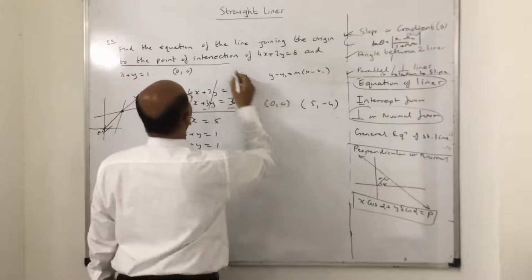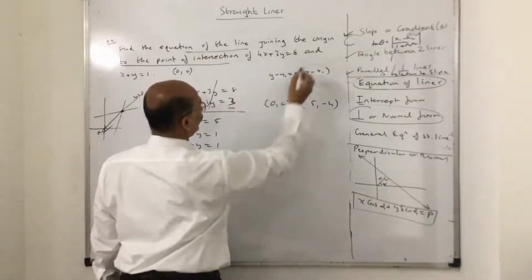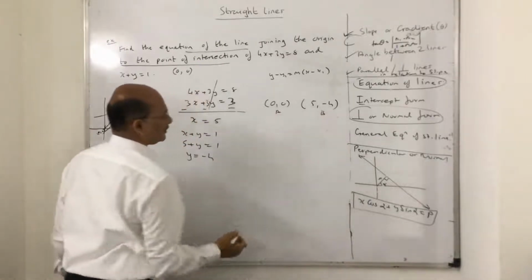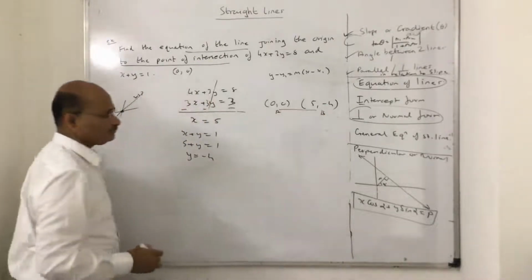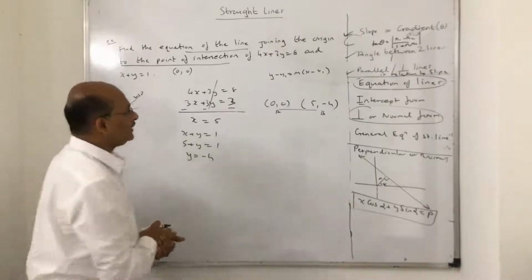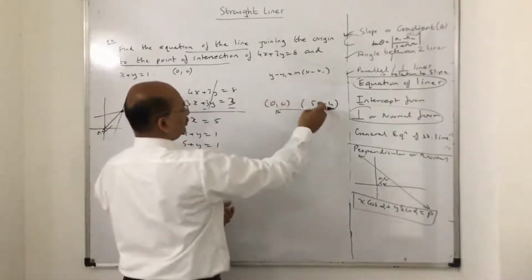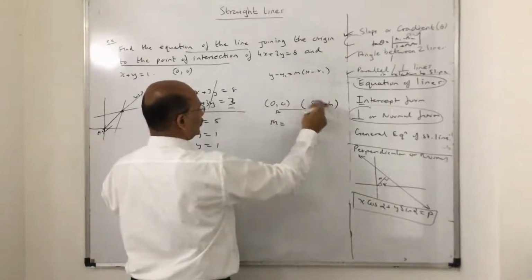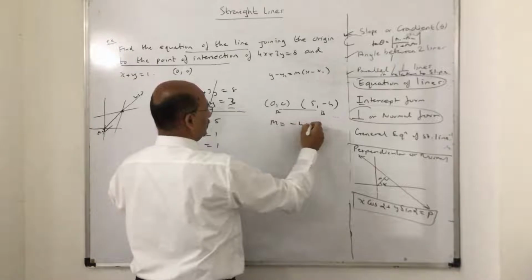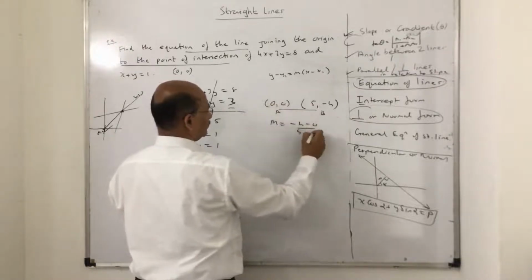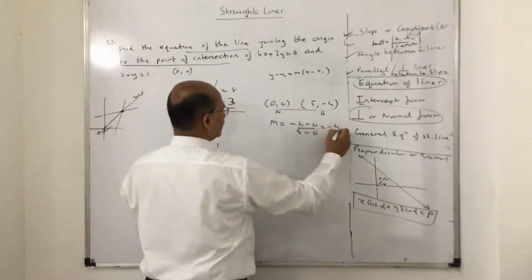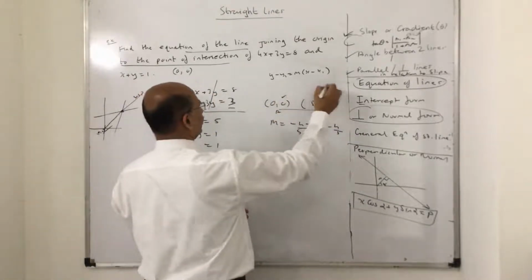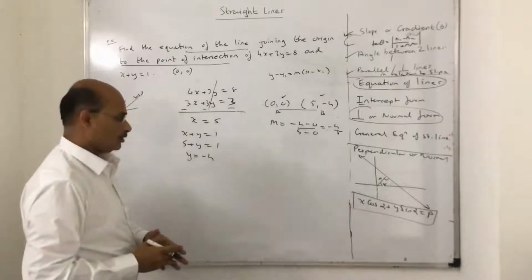Now you have to focus on this. That is, find the equation of the line joining the origin and this point. Great. So this is the line which I am trying to find, AB. Right? So how do I find the AB line? You know that you can take any point x1, y1, but m I have to find first. So from here m will be y2 minus y1 upon x2 minus x1. So the answer is minus 4 upon 5. So use this m, and you can either use this point or this point. The answer may not change.